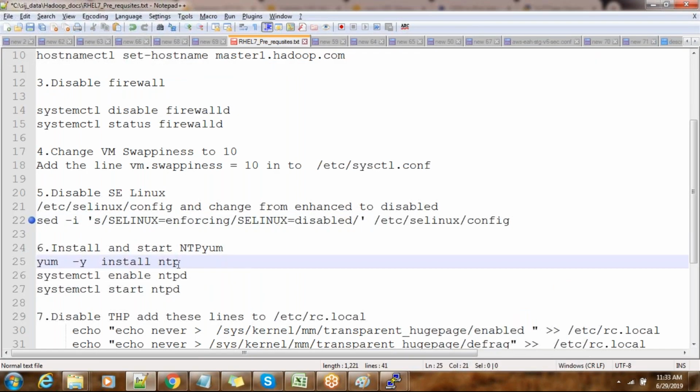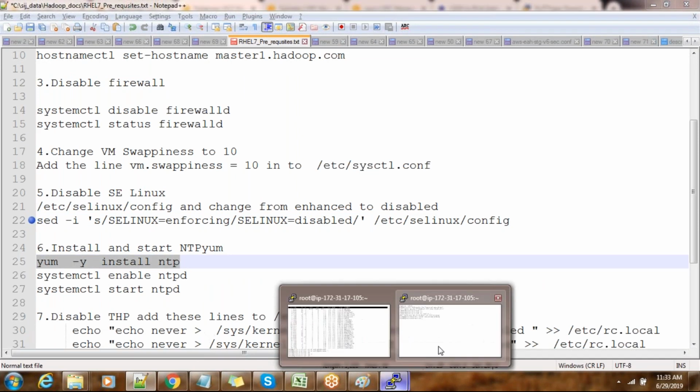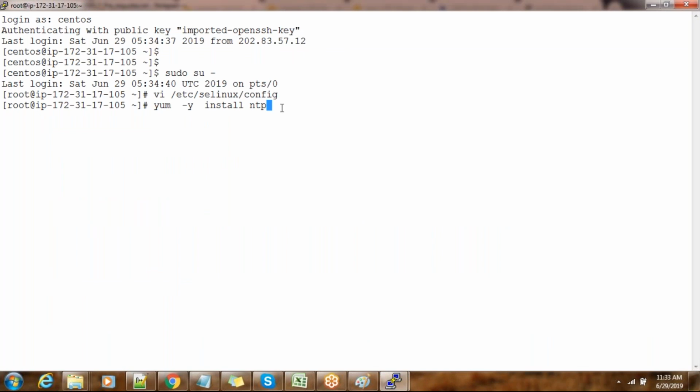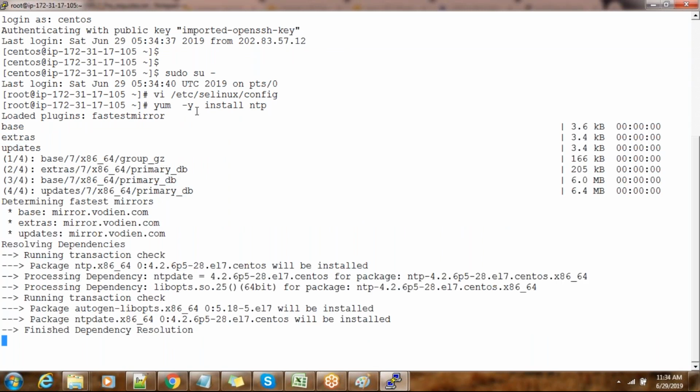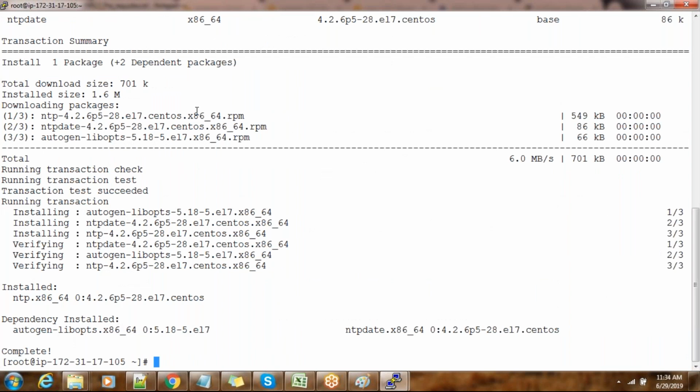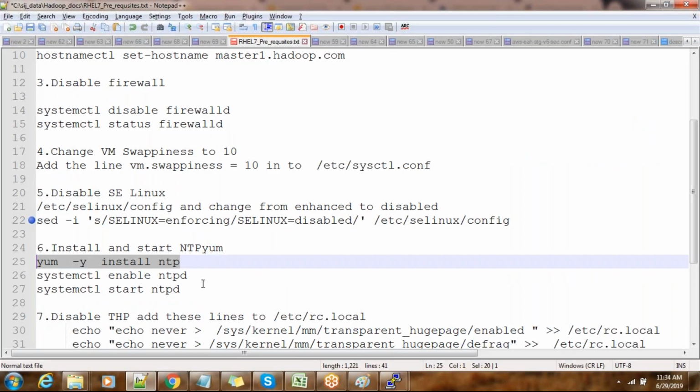What is next? Then we need an NTP package, because this package is needed to synchronize the time, and this is one of the mandatory prerequisites for Hadoop installation. This service should also be up and running. The main intention is to keep the time synchronized. Also, if you are doing Kerberos, there is a minimum time gap that it can afford. If the time gap is large, then Kerberos and everything will fail. That is the reason this is very important. So the NTP service should be there by default.